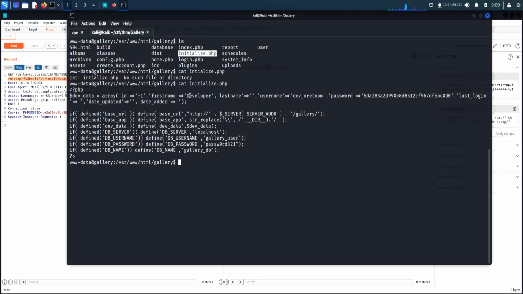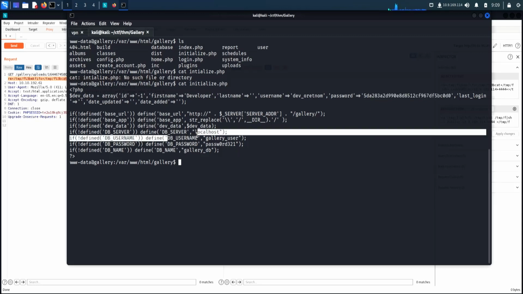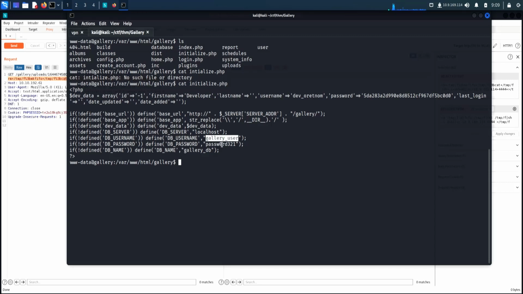Aha, here we have first name developer, and we have some password that's hashed, looks like an MD5 hash. But here we can see a database username, which is gallery_user, and database password, which is password321. So we have some kind of